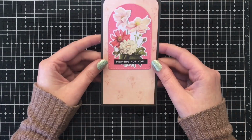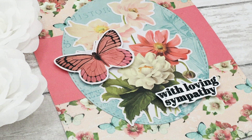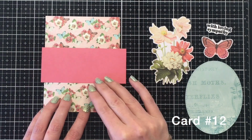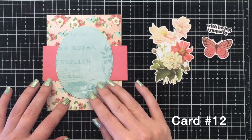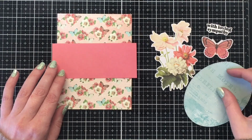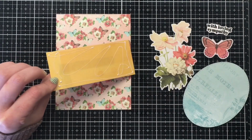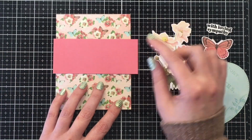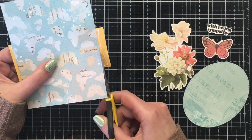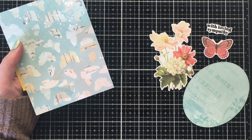For the last card, card number 12, I'm going back to an A2 size card. I had this beautiful floral paper that I hadn't used yet, so I wanted to feature that. I did use a stitched rectangle die for that. And then just adding a strip of this darker pink pattern paper. Then I am using a stitched oval die here as kind of my focal panel where I can have my